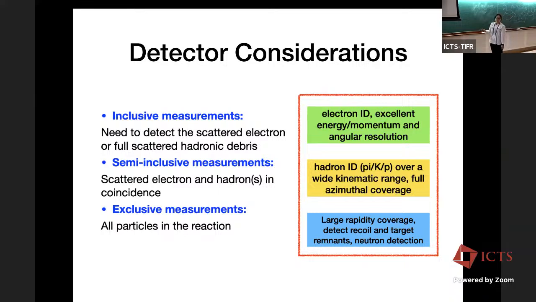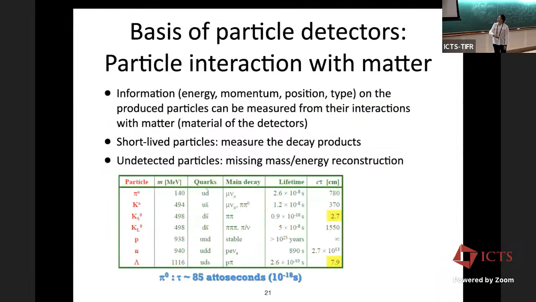and also neutron detection. Okay. With this, let's relate to some basics about the detector. The basis of the particle detector is basically the interaction of particles with matter. The matter is the material of the detector, basically. So you want to know energy, momentum, position, and type of the particle that was produced, and you just make it interact